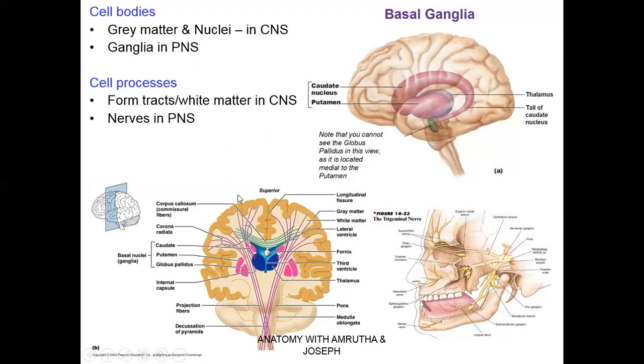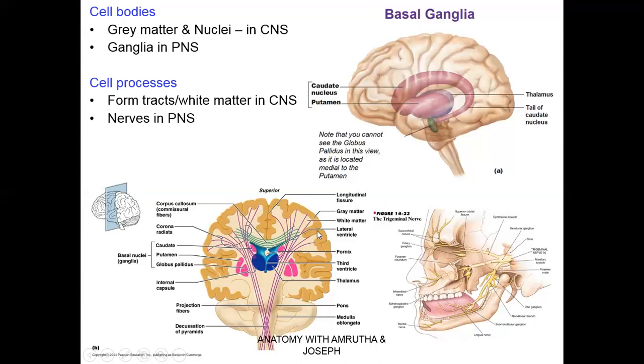So let's explain a little more in this aspect. Collection of cell bodies. So here the gray matter is the collection of cell bodies. So in this area cell bodies are located. The cell processes are arising from it and they move into the center of the brain and pass through the spinal cord. There are fibers which are ascending fibers and descending fibers as well. All of them are the cell processes. So they can be called as white matter. White matter is a collection of cell processes which is present inside the central nervous system.